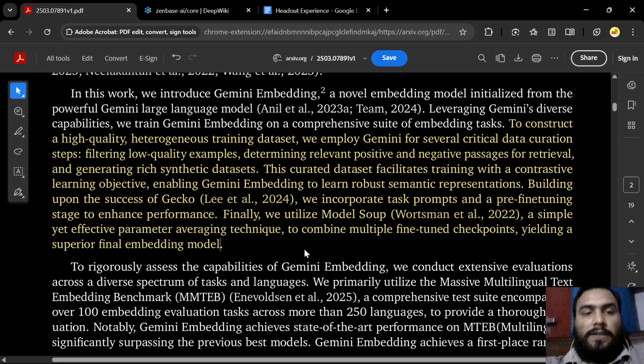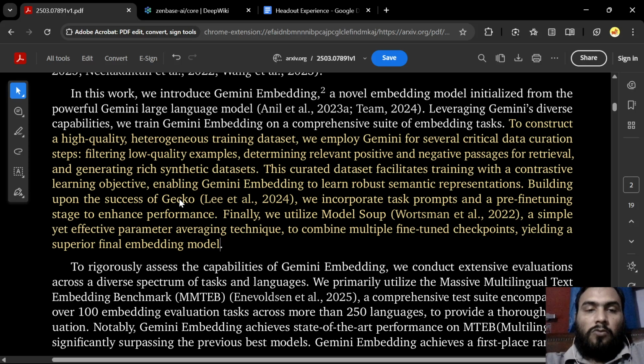To construct a high quality heterogeneous training data set, we employ Gemini for several critical data curation steps. First step is filtering low quality examples, second, determining relevant positive and negative passages for retrieval, third, generating rich synthetic data sets. Synthetic data set is the fake data set. This curated data set facilitates training with a contrastive learning objective, enabling Gemini Embedding to learn robust semantic representations, building upon